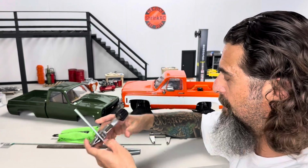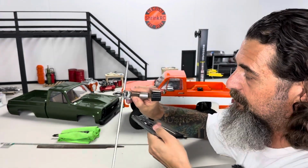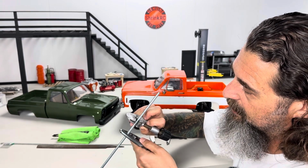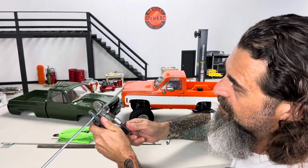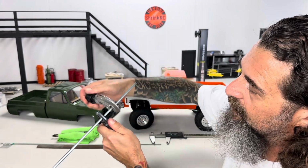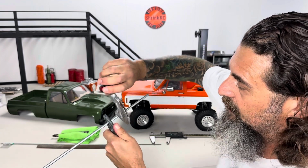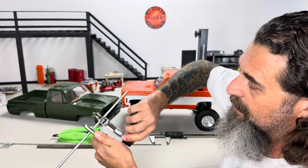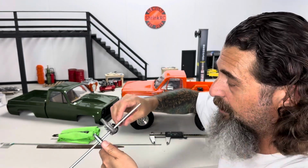Once you've done that, and I'll show you what I mean by turning it, I like to use a shock wrench. These are shock pliers, really, and you take these shock pliers and that'll get you a good grip on this tubing. Hold the tubing like this, tighten this tension on here, and then start turning this like this, and you'll see it start making a groove in there, and it'll get nice and loose. Then take this, turn that knob a little bit more and get it a little bit tighter. And you're going to keep doing that process, tightening this a little bit more and a little bit more, and keep turning it around, and eventually you'll feel it start to fall apart, and you'll just be able to snap